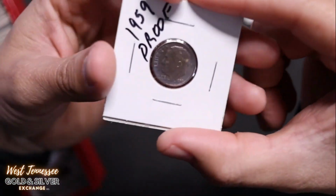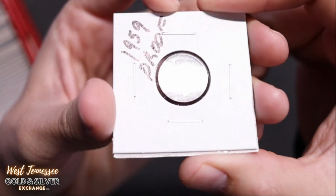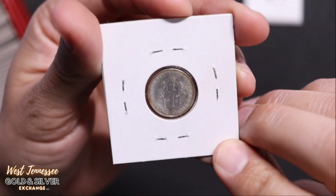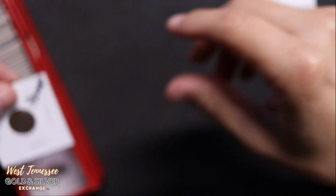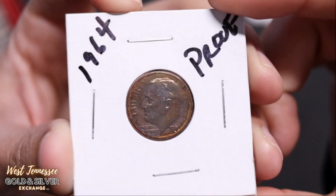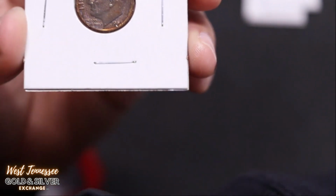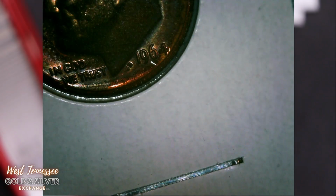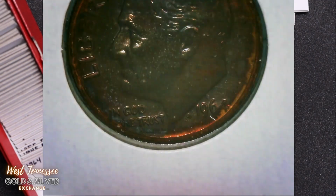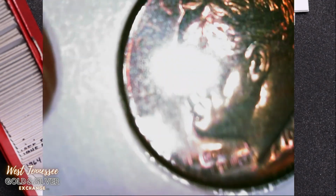Here's a 1959 proof Roosevelt dime. Not bad shape. Here's a 64 proof. This one's got some of that red tone to it. Put the microphone a little closer. Here's the microscope view of this